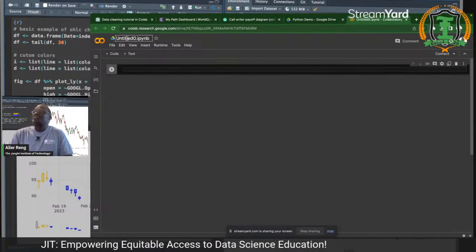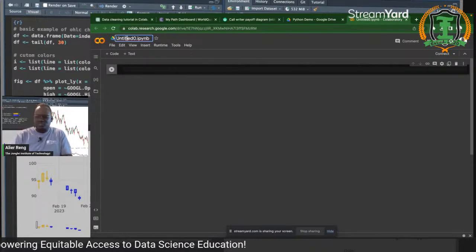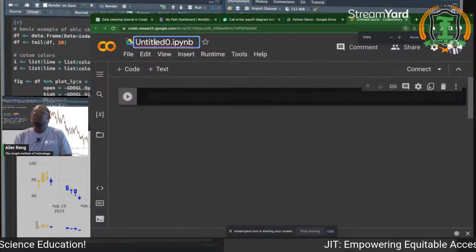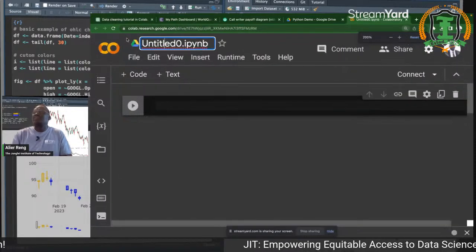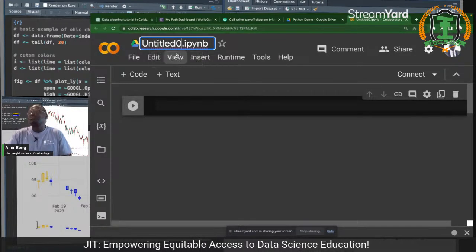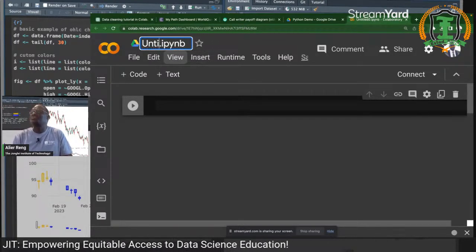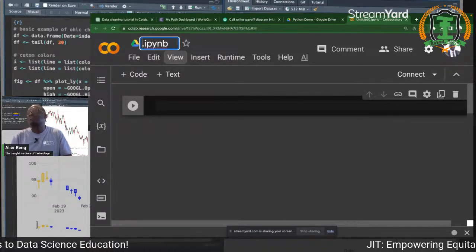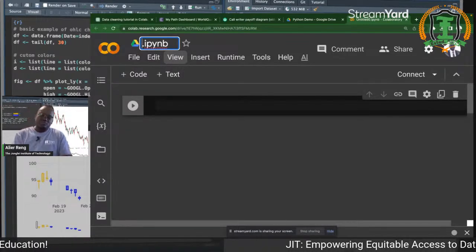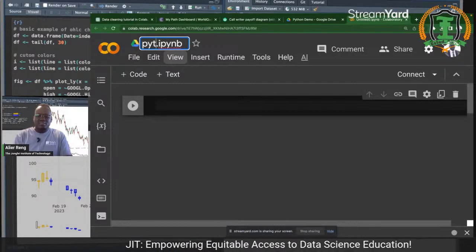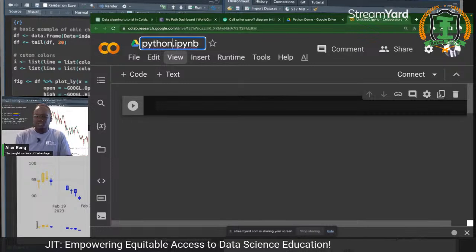And so you can click on the name. Maybe let me zoom in a little bit more. I think that's better. Now you can click here to rename your Jupyter notebook, because it is good to give your Jupyter notebook a more descriptive name. So this is just a Python demo. We could have called it